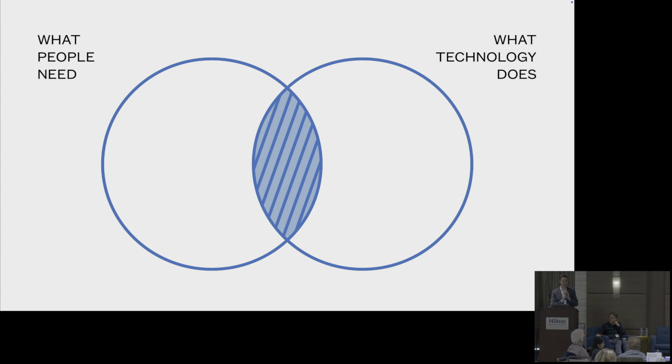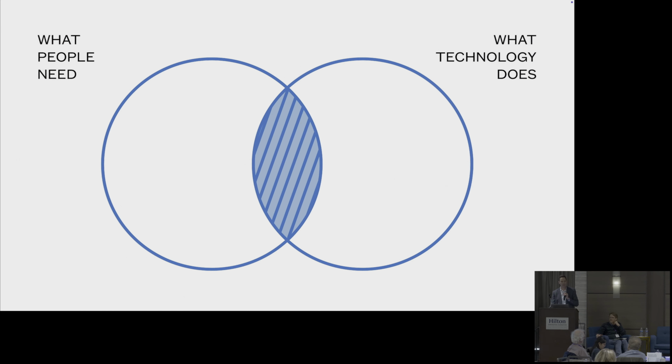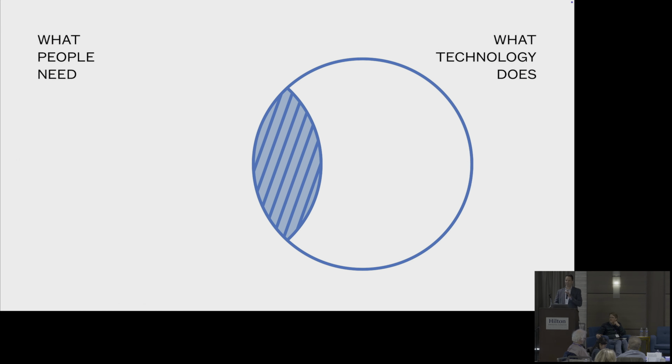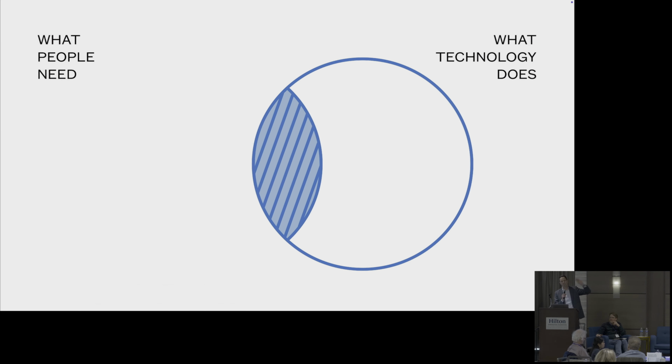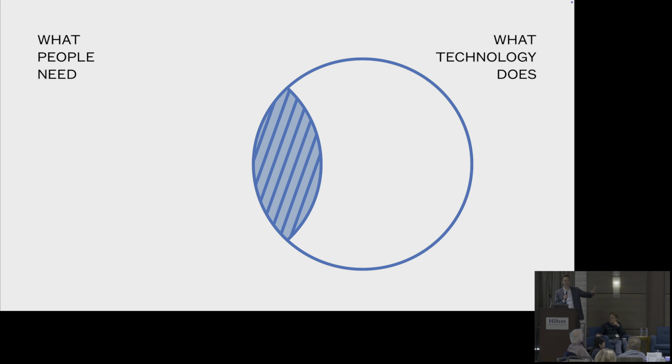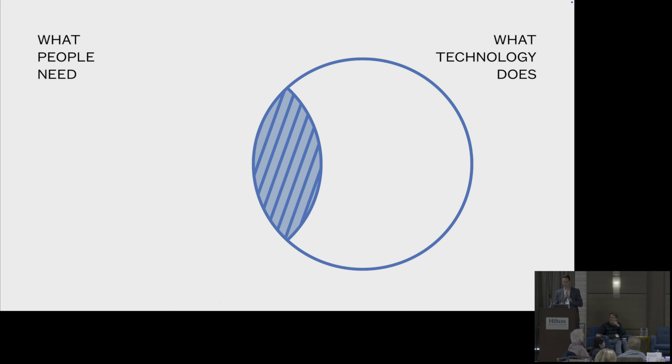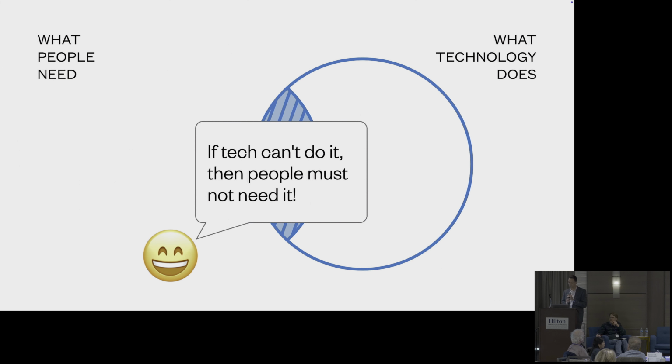There's what technology does. There's obviously an overlap here, but there is so much incentive on all of us to confuse, to just wish away the parts of people's needs that technology can't solve, to confuse the subset for the whole, to say, well, if tech can't do it, then people must not need it. These lies are easy to adopt and take up. I find my work improves when I believe fewer of them, and I try to inoculate myself against believing those lies by getting my ass kicked by 8th graders every now and again.